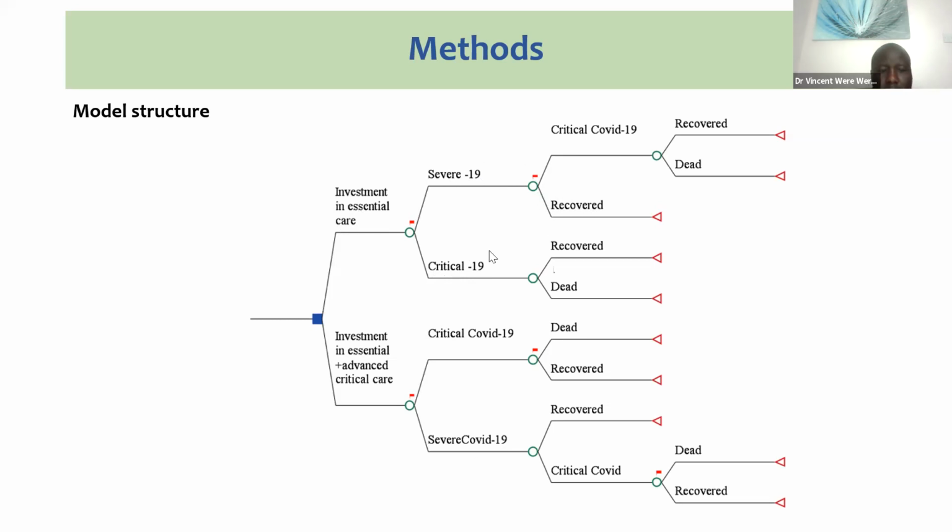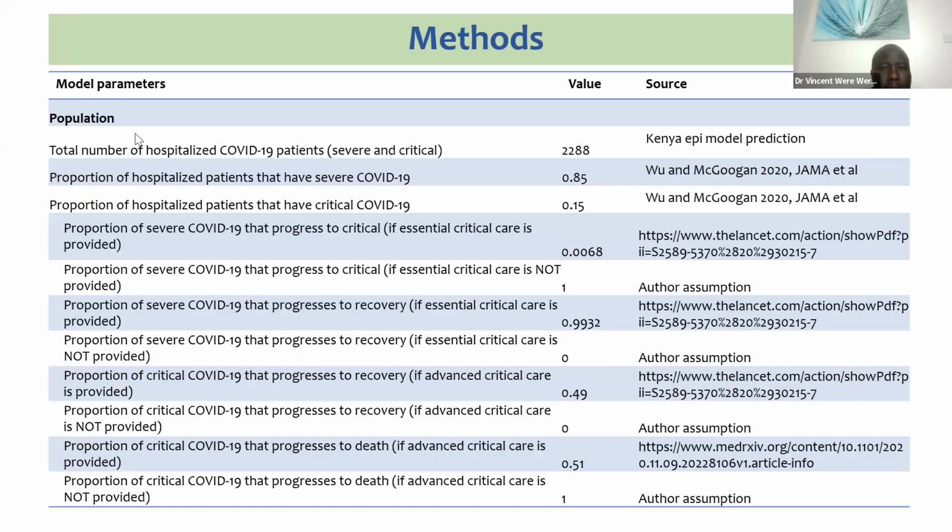You have heard the government announcing how many patients have recovered. So for modelers, we are interested in those percentages. These are the parameters we needed for modeling. We needed the total number of hospitalized patients. At that time, we picked 2,200. We needed to know the proportion of patients who get severe COVID, and we used 85%, like I've told you, and 15% were patients who require ICU care in Kenya.